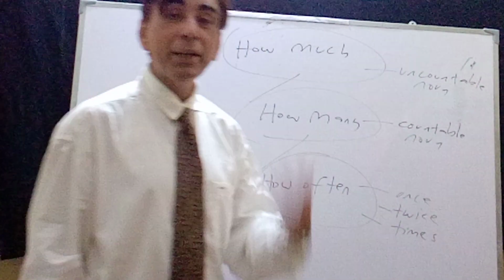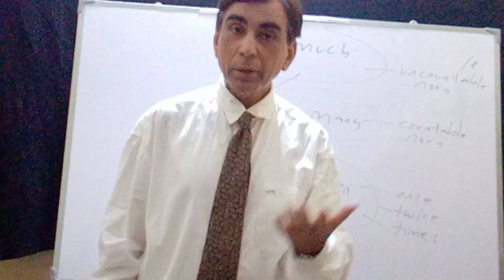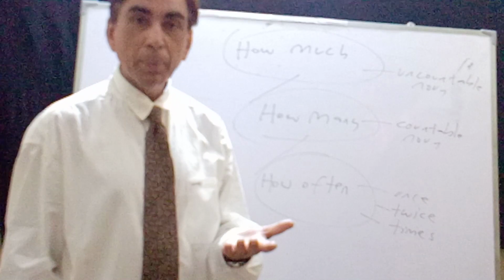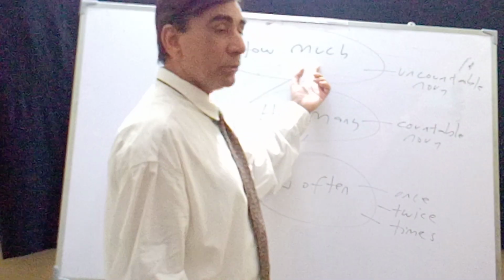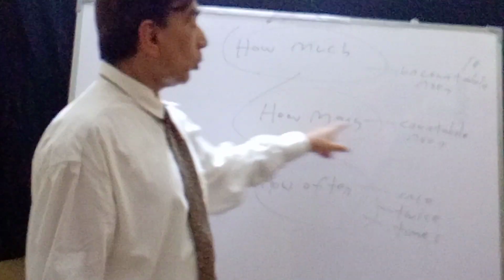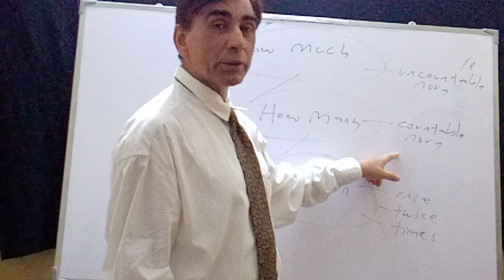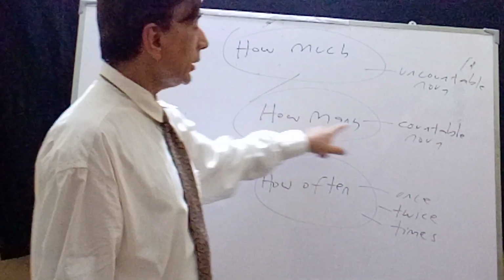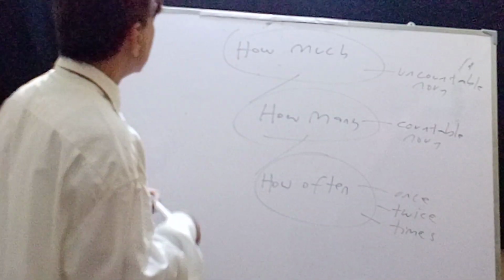For instance, we have air, we have water, we have sleep. These are uncountable nouns. For the countable nouns, like work, studies, hours, these are the things we should use how many for. For instance,